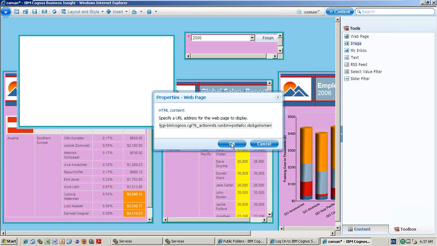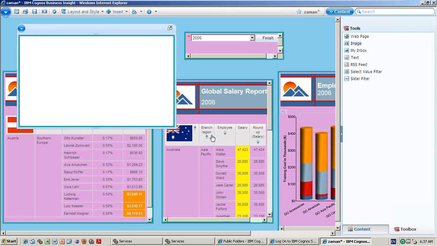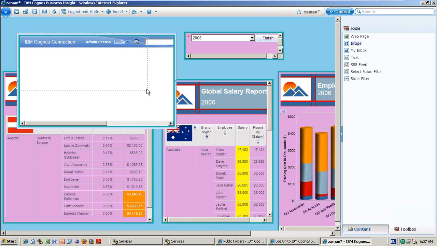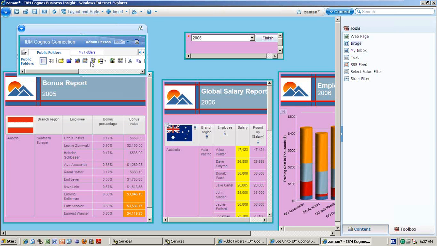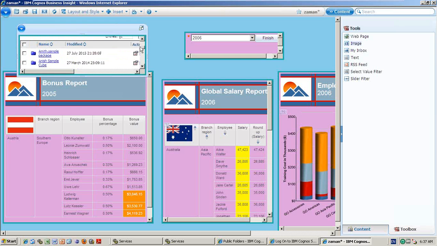So I am adding whatever the approved link. So I want to show the public folders link here. The user can see the reports and all those things. That means I'm giving the URL of public folders. See now, that means it simply opens that particular URL. And in this URL, whatever things are there, see, all the reports and everything.